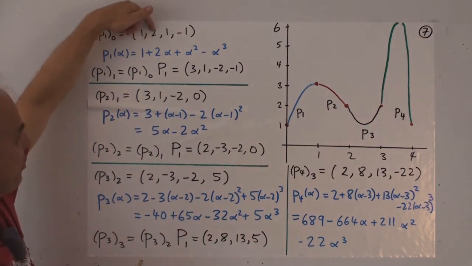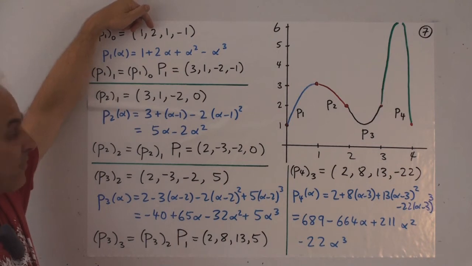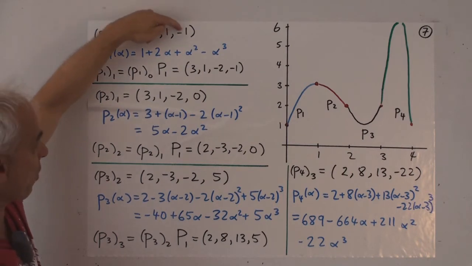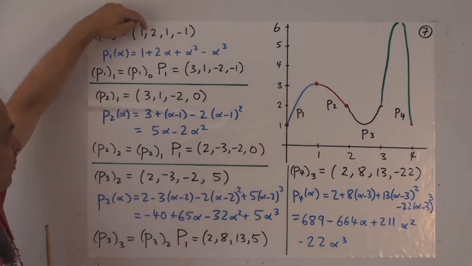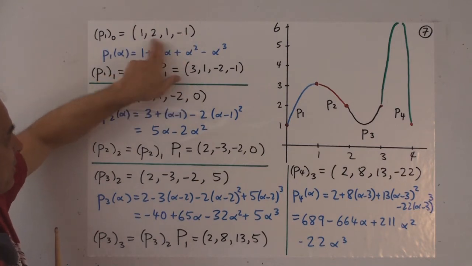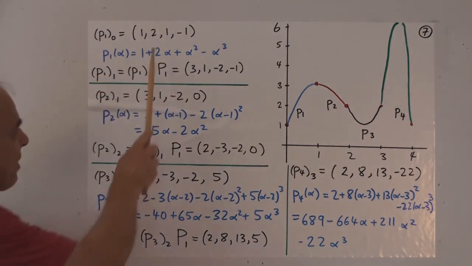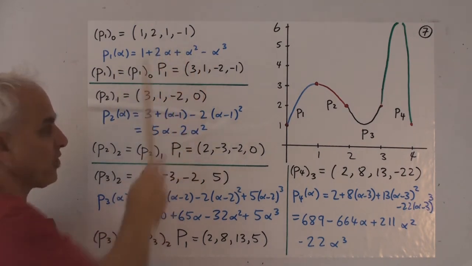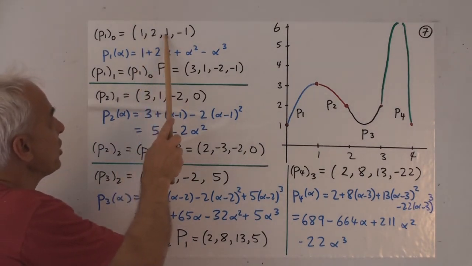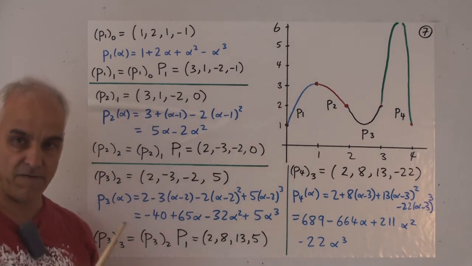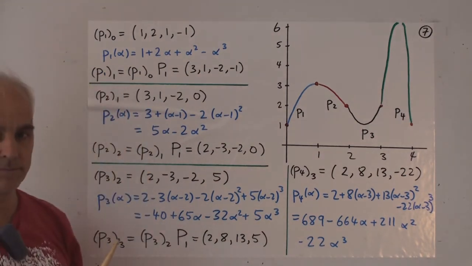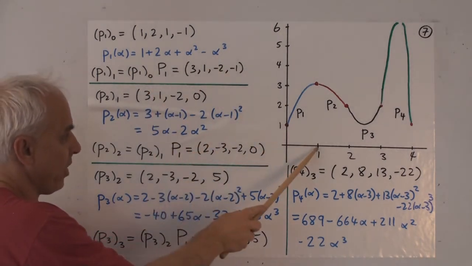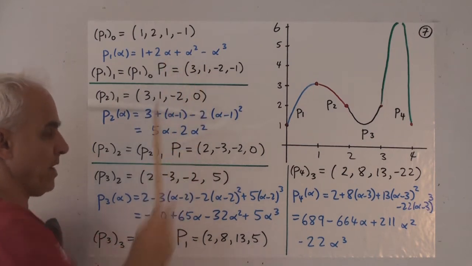And I'm going to choose these 2 numbers, randomly, more or less. So I'm just going to choose the vector 1, 2, 1. And then I'm going to pick this one so that the sum of all 4 is equal to 3. So if I picked 1, 2, and 1, then I have to make that minus 1 so that the total is 3. So this represents the polynomial 1 plus 2 alpha plus alpha squared minus alpha cubed. These are just the coefficients of the various powers of alpha for this polynomial. And you can check, it actually does go through the point 0, 1, and it goes through the point 1, 3. Plug 1 in here, you get 3.